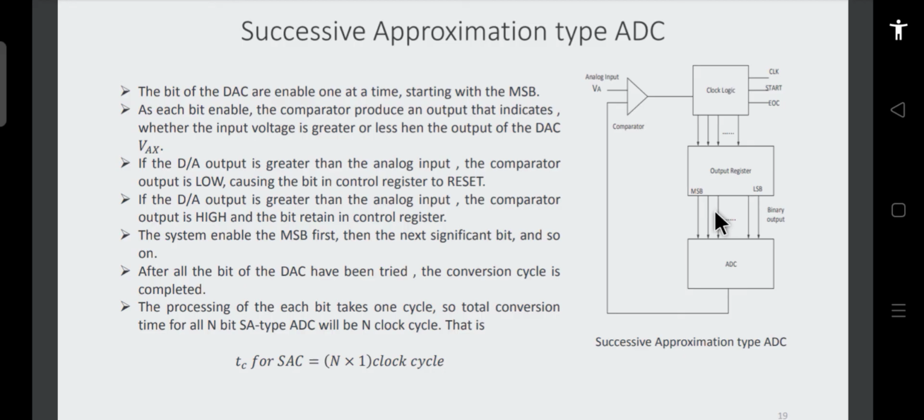A DAC itself uses op-amps and a combination of registers. So if you're not familiar with op-amps, it will be a little difficult to understand things. But if you are familiar with op-amps, then the working of these ADCs and DACs will be easy and self-explanatory. If you just see the circuit itself, you can easily explain the working of these circuits.